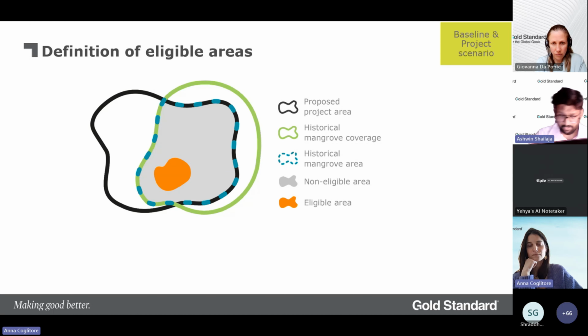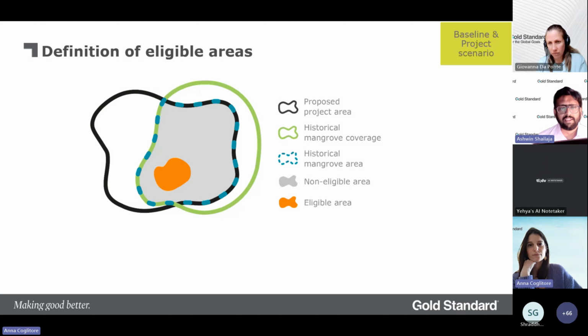Having said that, Appendix 1 of the methodology explains the key steps. It's a two-step process. First and foremost, a coarse assessment, a high-level assessment using Global Mangrove Watch on the historical extent of the mangroves in the specific area. And in step 2, there are two options for the project developer. One, to use a land cover change assessment using remote sensing data. In case there is a dearth of enough good RS data, then they could also use